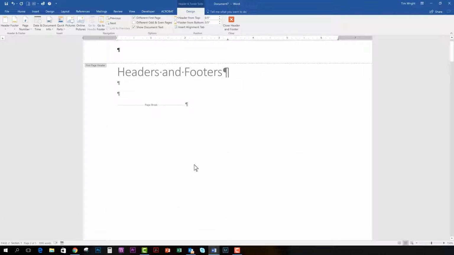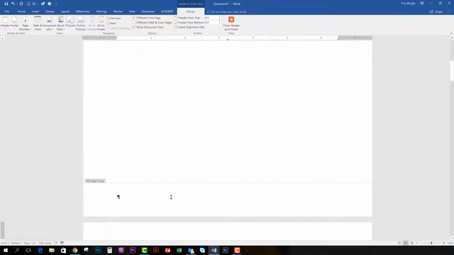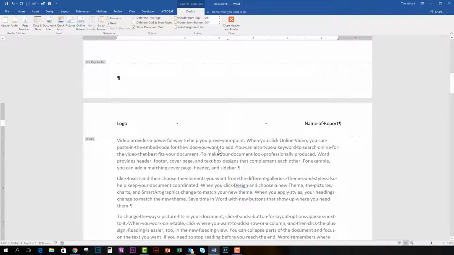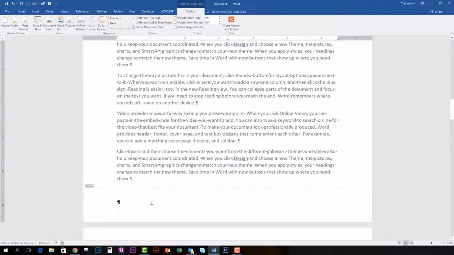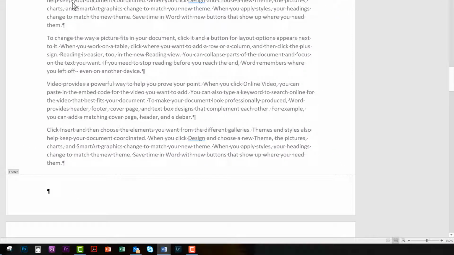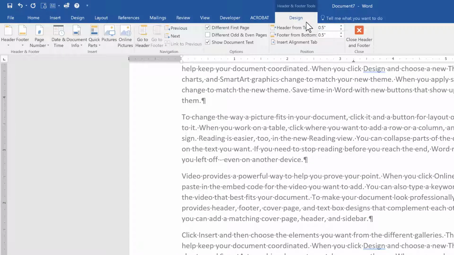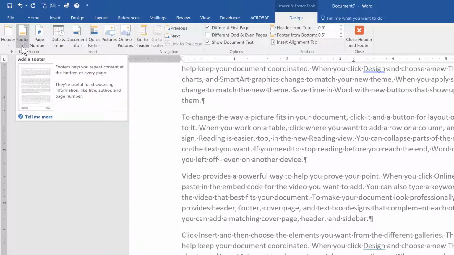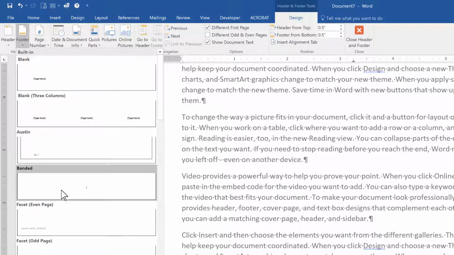Now let's go up to the top, and it's not up here. There's nothing here. And down here, let's see. And I also, maybe I want to start numbering my pages down here. So I come down here into the footer on my second page because my first page is different. And on the Design tab, I have Footer,